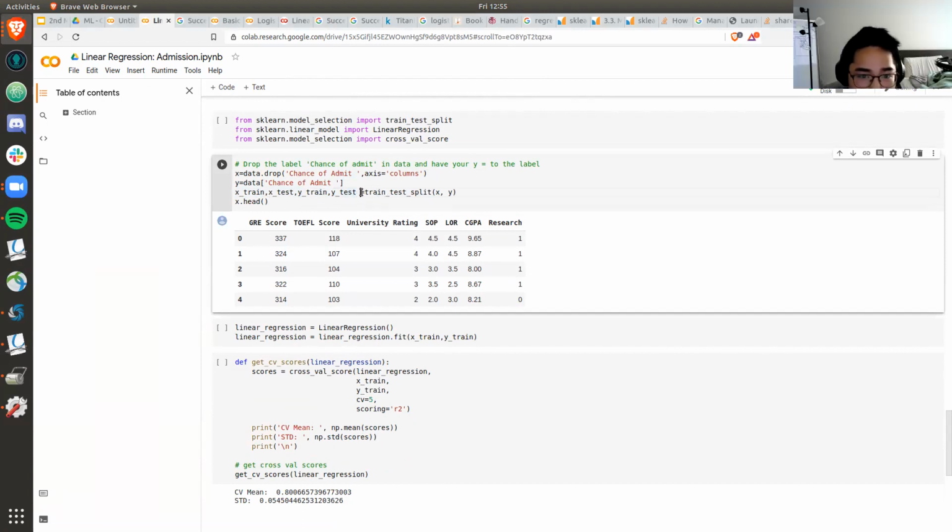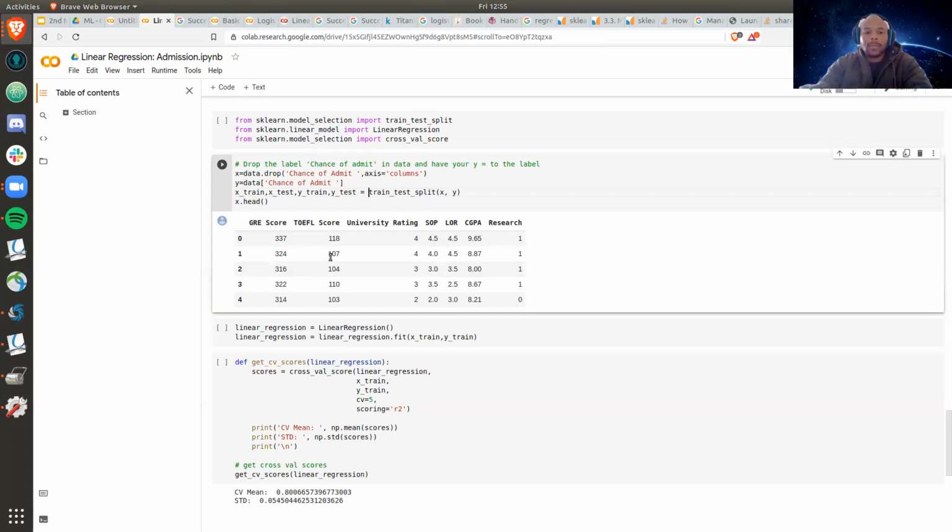Luckily, sklearn has a function called train_test_split, which splits your X data and your Y data into four different types of data for you. And so it makes it easier for the researchers to do actual testing. Now, this is something important too